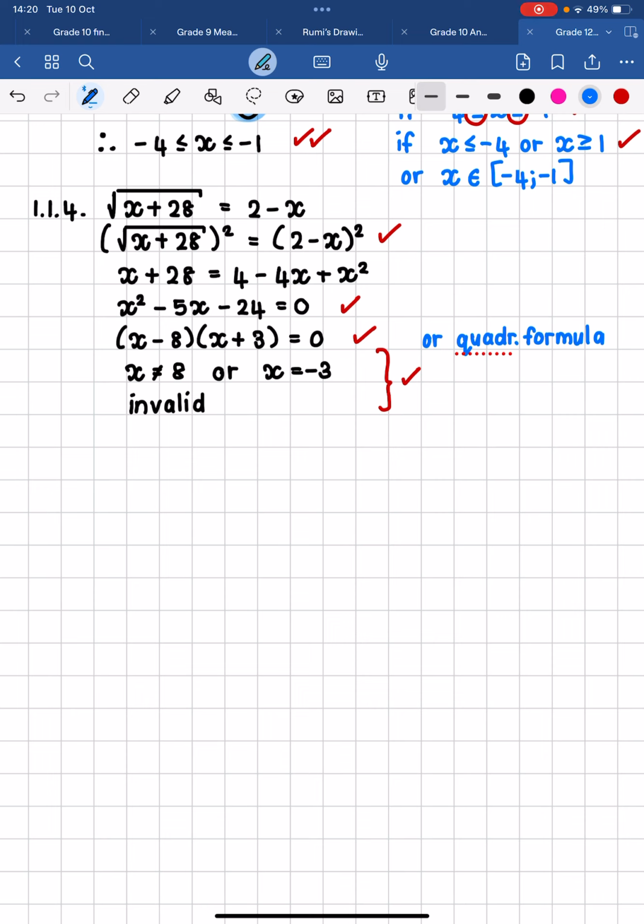So if you forgot to check and you just left it as x equals 8 or x equals -3, you're not going to get that last mark. Okay, so you would just get 3 out of 4 for this one. Okay? Yep. For third equations. For third equations. Guys, the reason why we check them, if we're looking at the original equation here, this wasn't